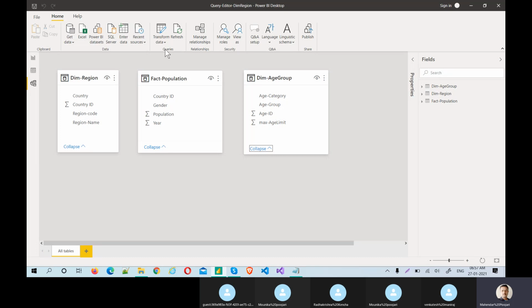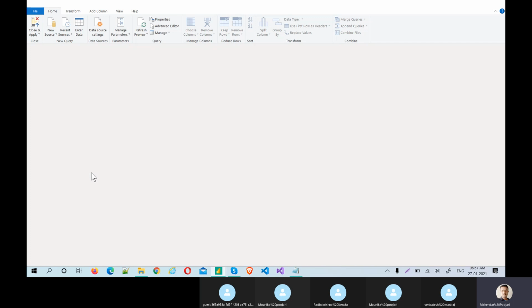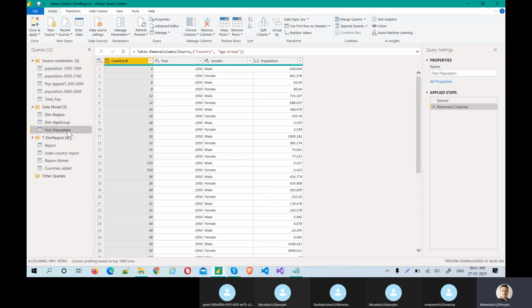At any point of time we can go back to transform data, go to fact population, and this should be a whole number. I cannot see any data issues. Everything is perfectly fine. Now let's close and apply.